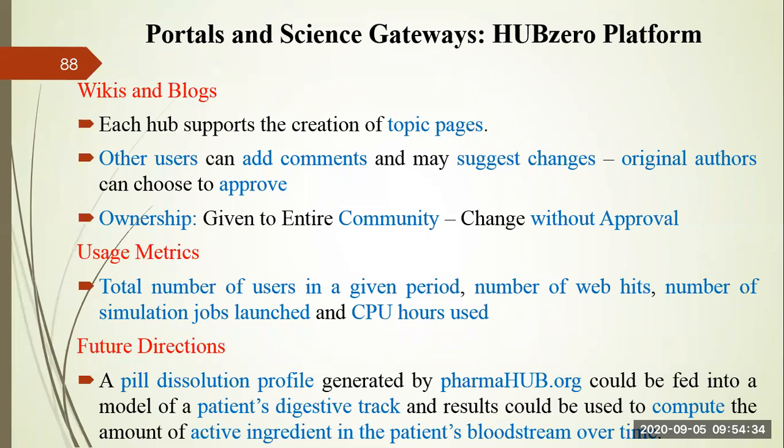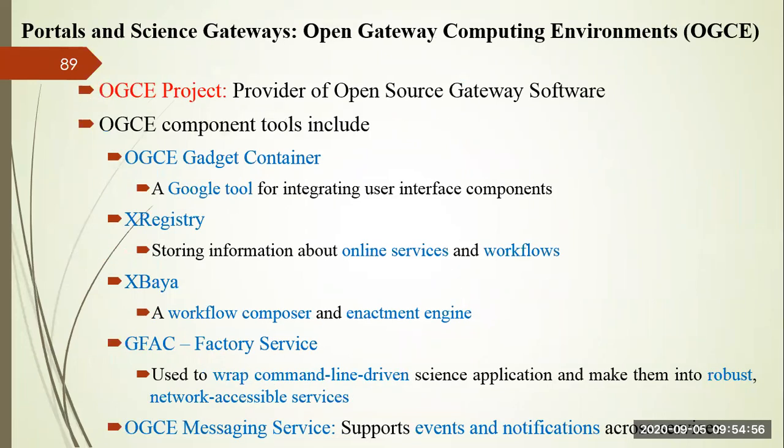You can use pharmahub.org. It uses the pill dissolution profile of the patient's digestive tract, so that you can see the active ingredients in the patient's bloodstream over time. It also requires a lot of computational power, for which you can take help of the TeraGrid in order to get the resources. So the last part we'll discuss today is called the OGCE project,